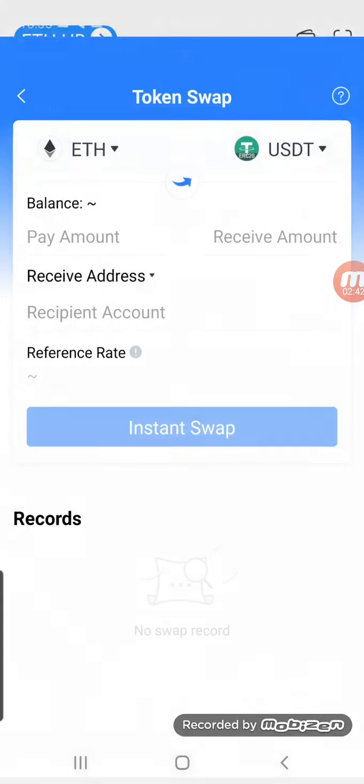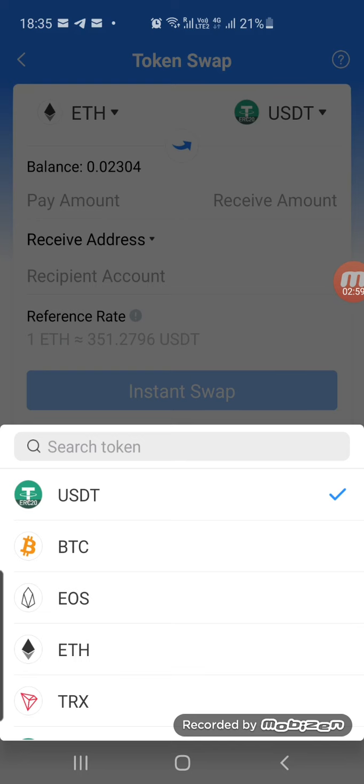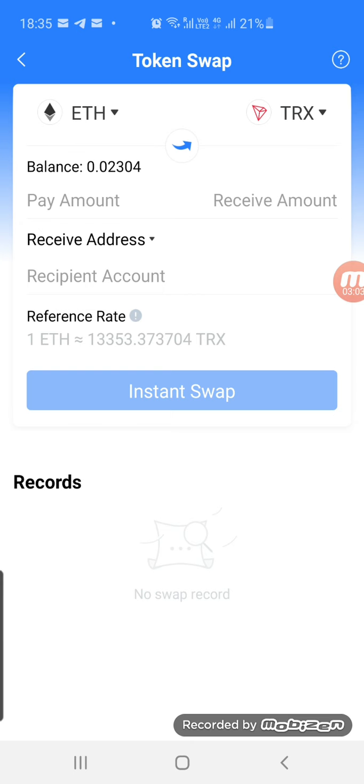Just click on swap. It says on top ETH to USDT, but we want to convert our ETH into Tron, so I'll click on the pull down arrow at USDT and select TRX, which is right at the bottom.